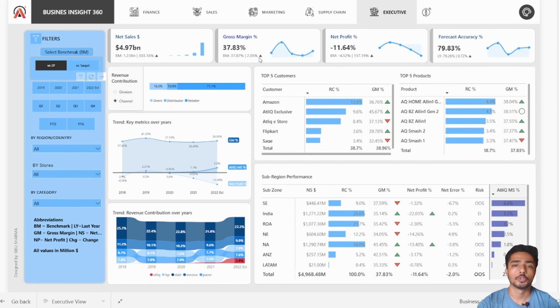you have this kind of KPI, where I created four KPIs. These are very essential, and they often summarize the company's performance. The first one is net sales, then the gross margin percentage, net profit, and the forecast accuracy percentage. Here I created the revenue contribution for each channel and division too. And here I created the same thing, like key metrics over the years. Suppose the